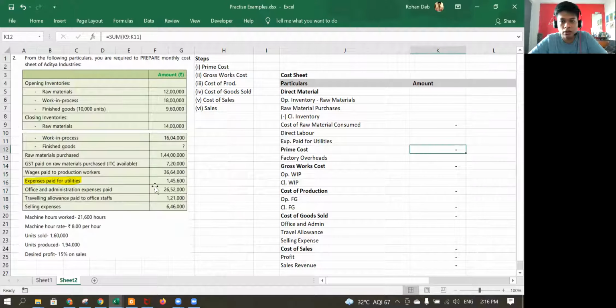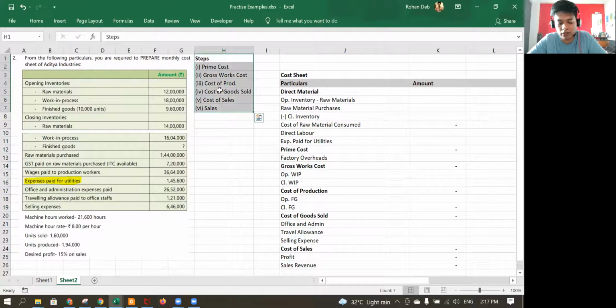If you have time, just pause it and read the question once, and then let's get started with making the cost sheet, because this might be a bit of a long video and I know you guys are a little scared. So let's quickly get started. Again, the steps to making a cost sheet are these ones. If you want to cheat, note these things down so that you get a flow of things. But I do not recommend cheating, because that's why I'm making these videos. Okay, so let's get started.